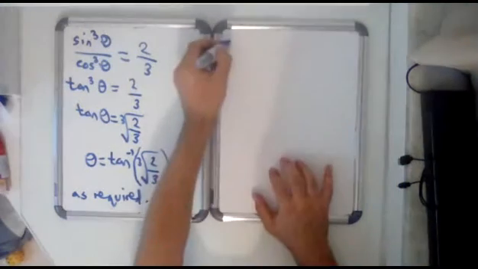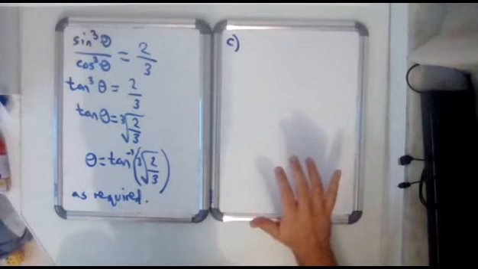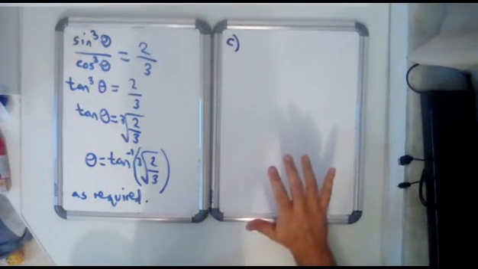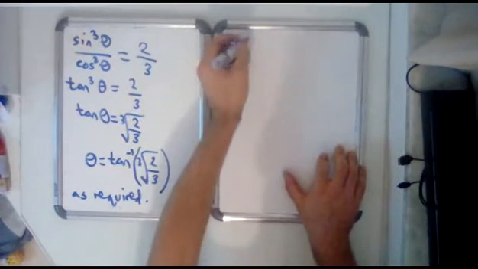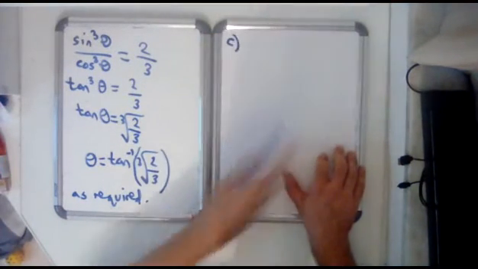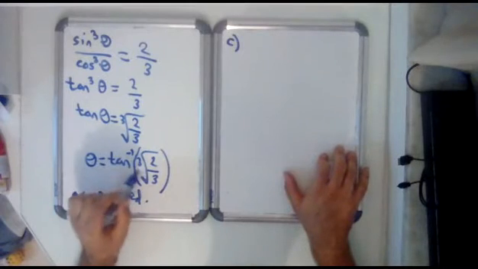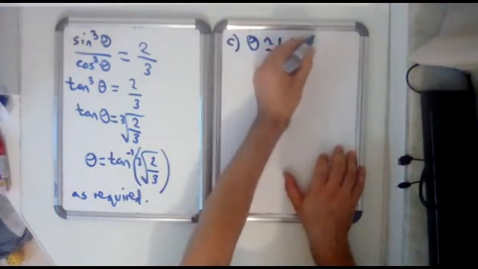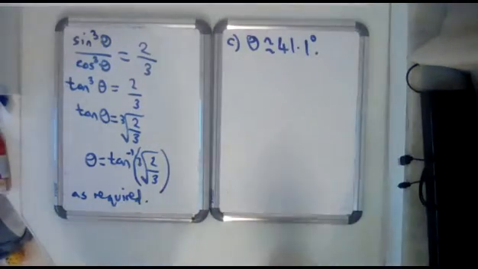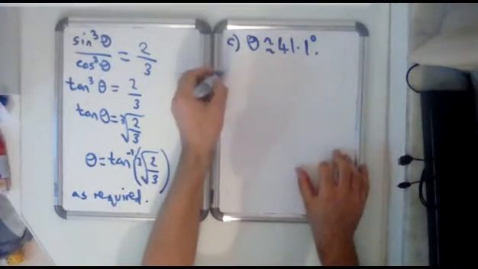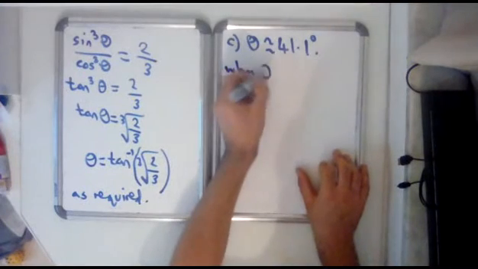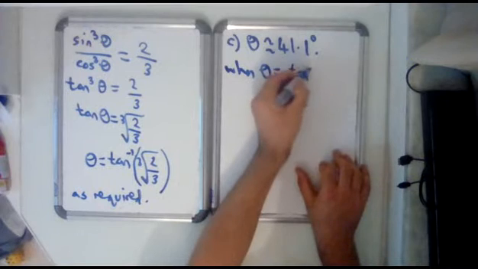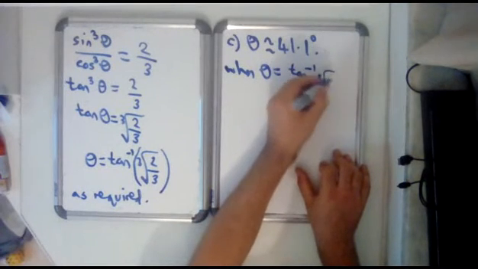And we've been asked for part C to find the L when theta equals inverse tan of cube root of 2 over 3. So basically, oh, by the way, if you do inverse tan of the cube root of 2 over 3, so theta approximately equals 41.1 degrees, right? Just using a calculator. So when theta equals inverse tan of the cube root of 2/3,